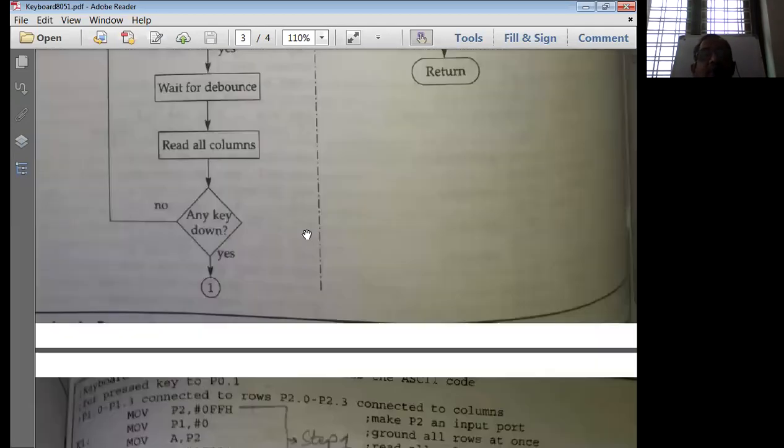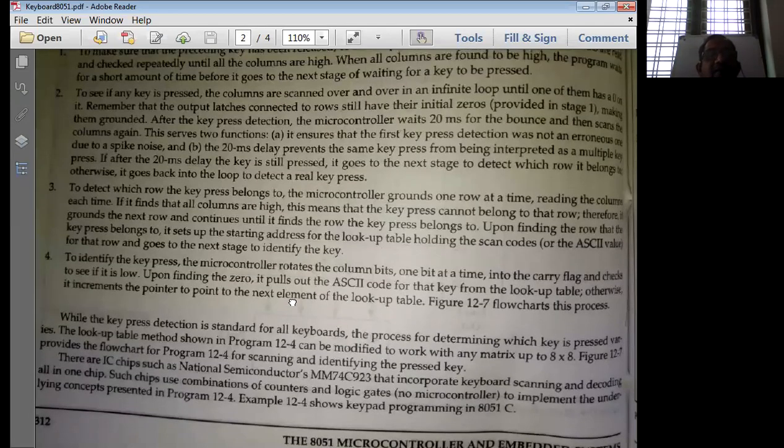In step 4, what we'll do, let us see. Last step. To identify the key press, the microcontroller rotates the column bits one bit at a time towards the right into the carry flag and checks to see if it is low. That means it is going to rotate with respect to carry and check the carry flag.